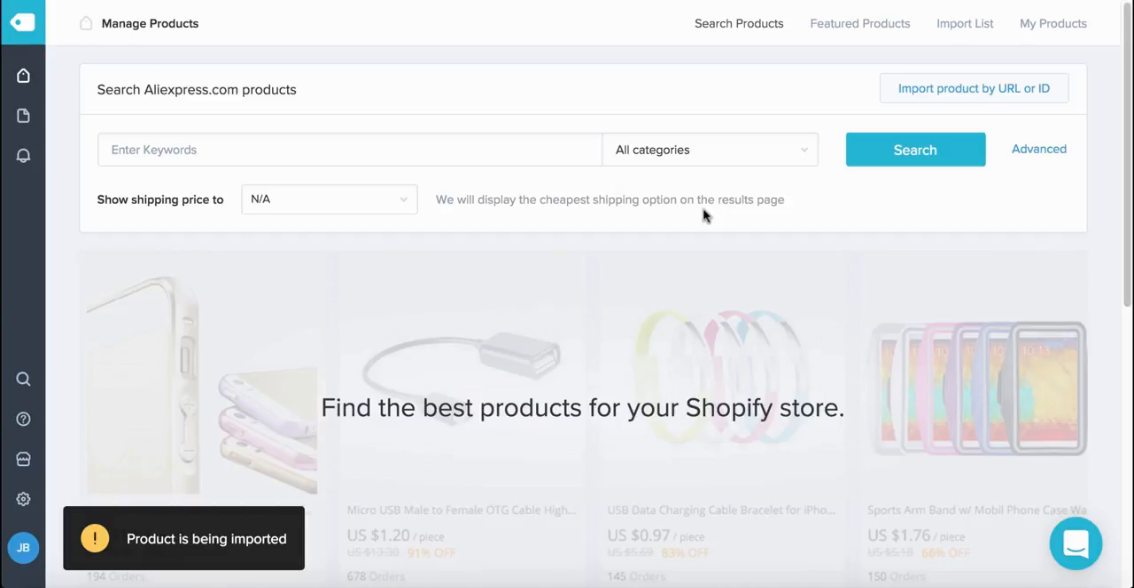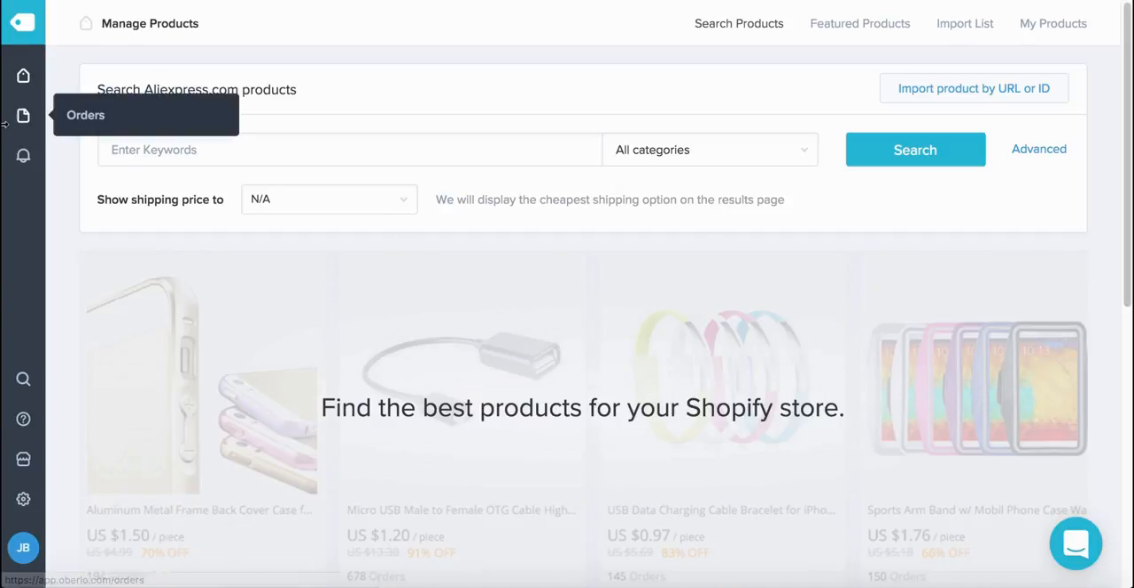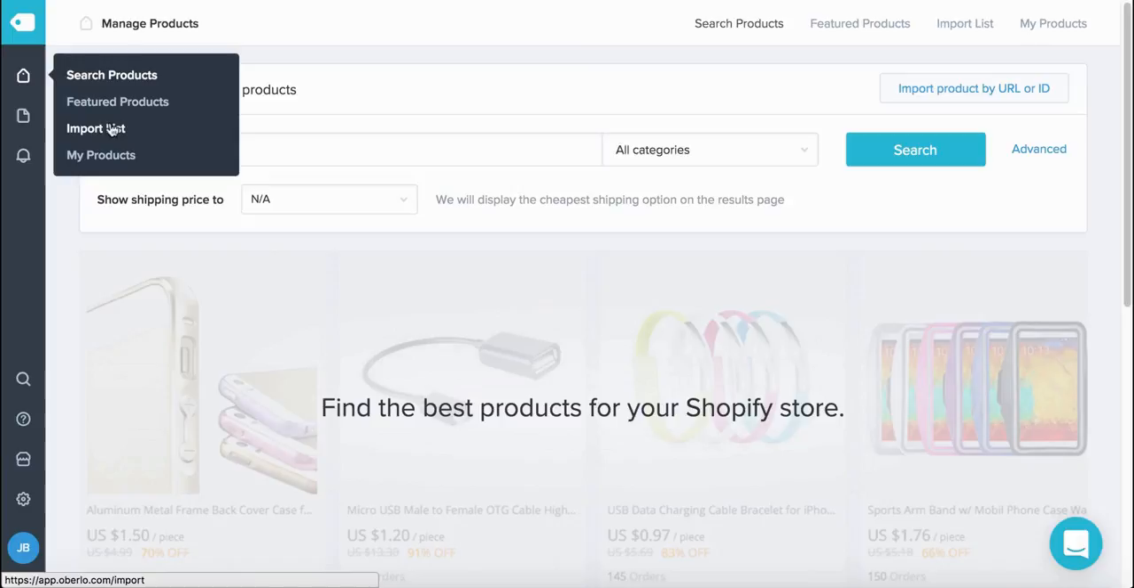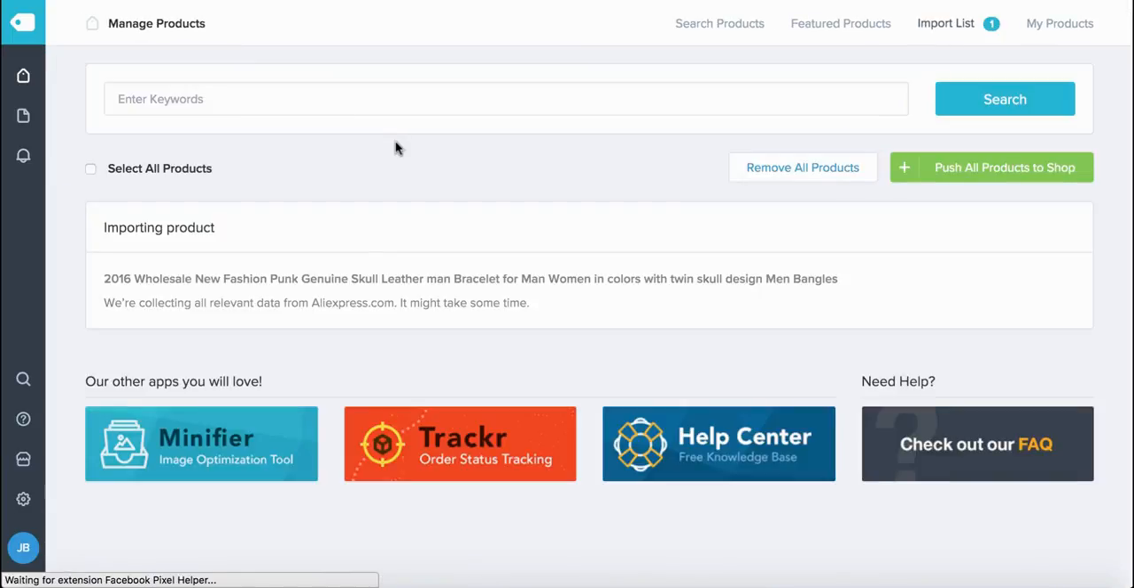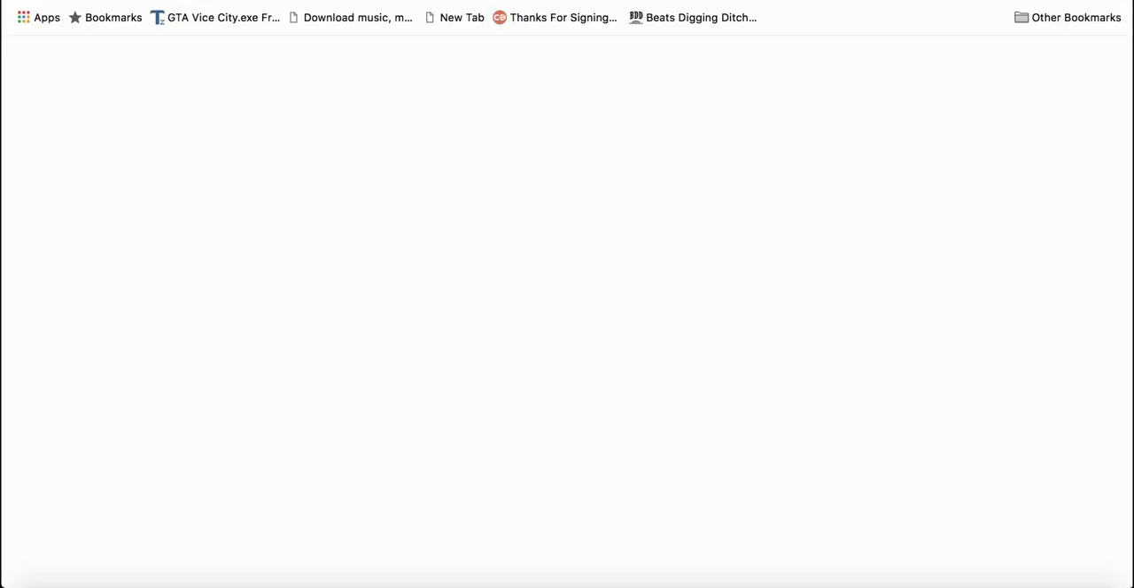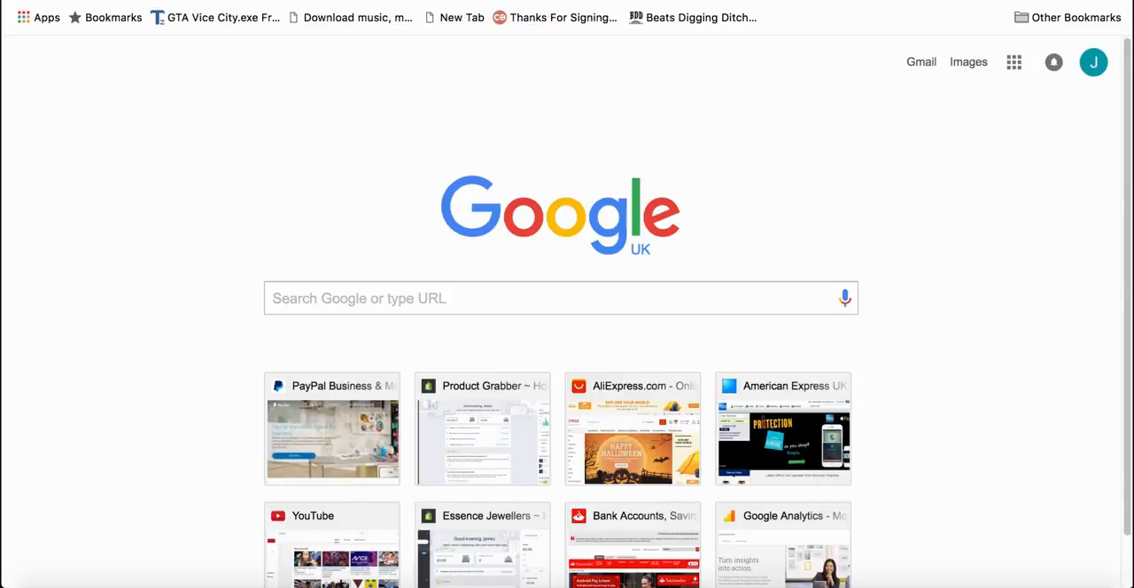And it takes maybe like a minute or two just to get it uploaded. But then you'll want to go in here and go to your import list. And you can see it's importing it. It takes maybe a couple of minutes, but if you're just pulling through, I'll actually show you how we do it directly on AliExpress. So if we go to AliExpress,